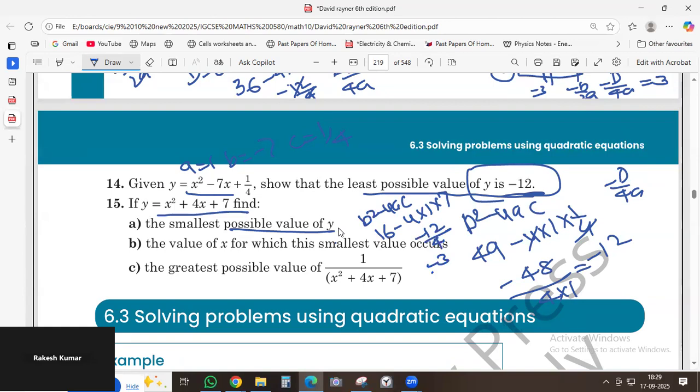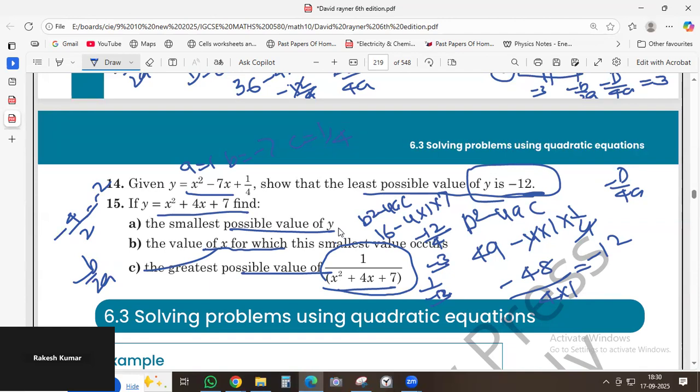The x value where this happens is minus b by 2a, which is minus 4 by 2, minus 2. And the greatest value will be where this is the smallest value. Y was coming out to be minus 3. Okay, so the greatest value is